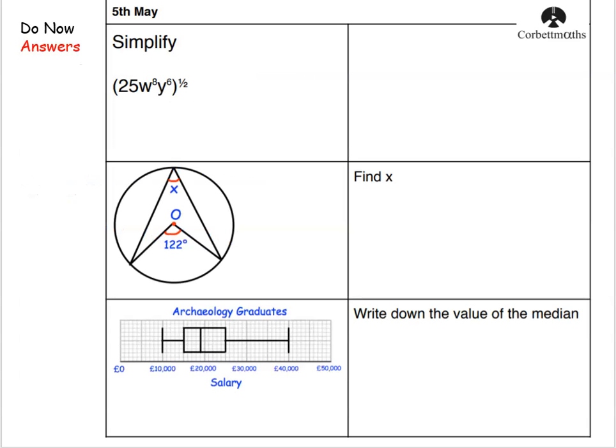So let's go through the answers. So the first one here, simplify 25 w to the power of 8 and y to the power of 6, all in brackets, to a power of a half. Okay, hopefully you remember when it's to the power of a half, it means square root. So we still follow the same rules of when we have the powers, we do multiply the powers. So I'm going to write out exactly what we're doing. So the 25,